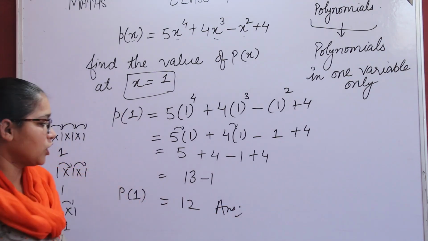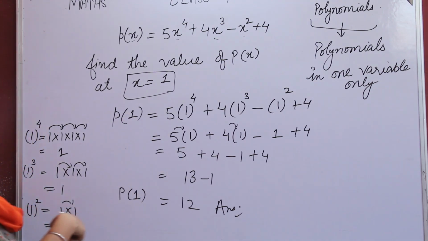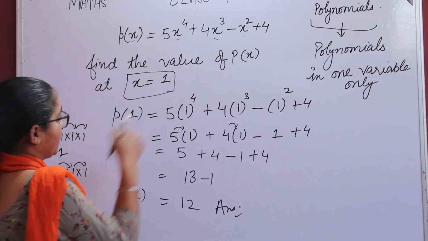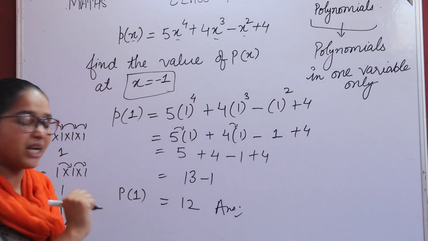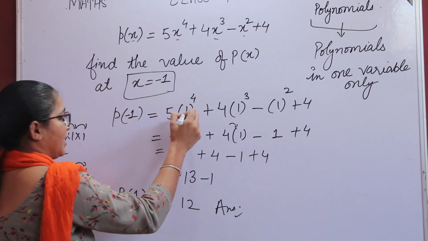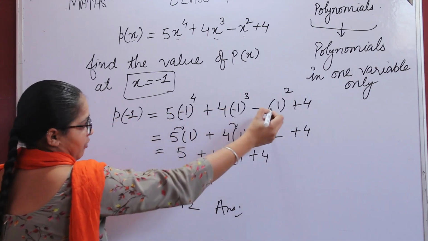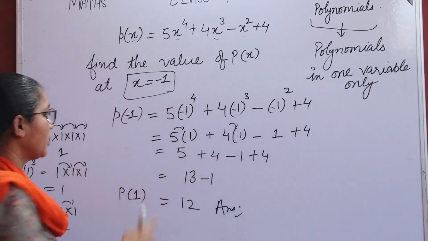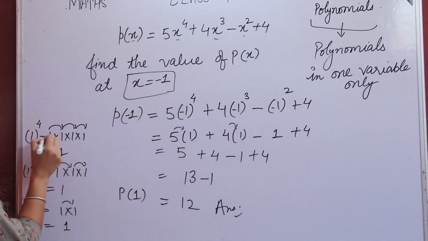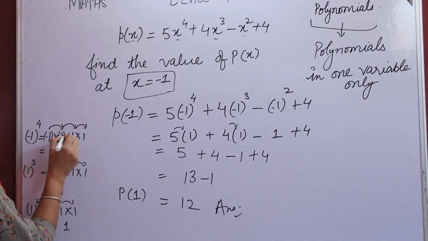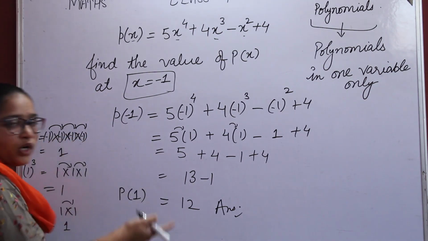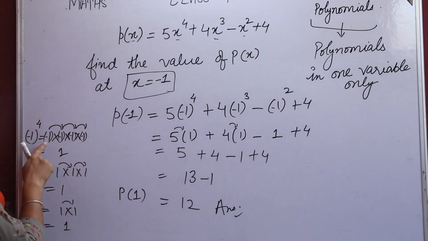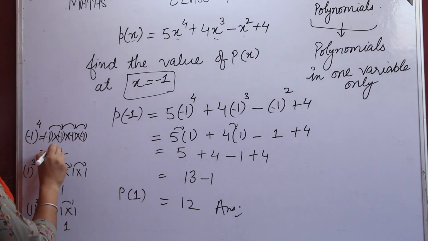Okay. Got it? So now like this you can fill any value. Suppose you want to fill minus 1. So I am filling over here only. Suppose you want to fill the value x equals minus 1. So what you have to do? You have to replace 1 with minus 1. Everywhere it would be minus 1, right? So minus 1 four times. Minus 1 four times means minus 1, minus 1, minus 1 and minus 1. Multiplication of 1 four times would be 1 only. And now come to the minus 1 cubed, where the minus 1 is multiplied 1, 2, 3 times.